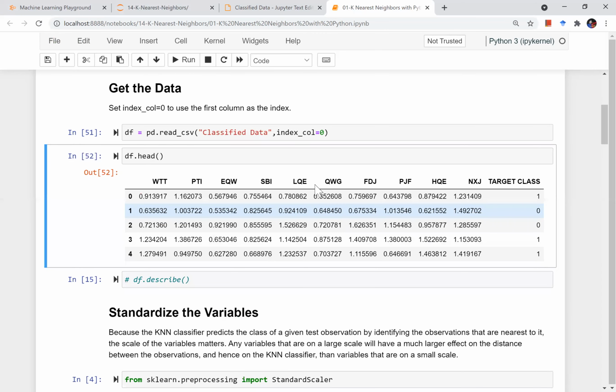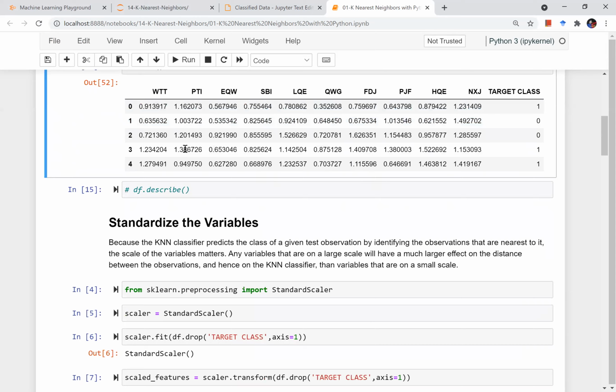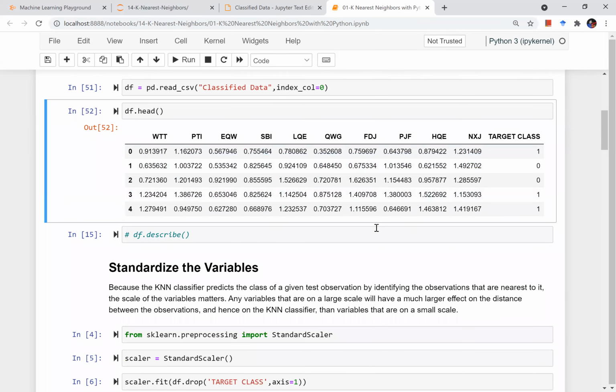Based on that, now I want to study how I can use k-nearest neighbors on this, right? If you look at all the different values of our data set, they are somewhat near 1, 1 plus or minus something, so they belong to the same range. But in reality, the ranges of all the columns may vary.